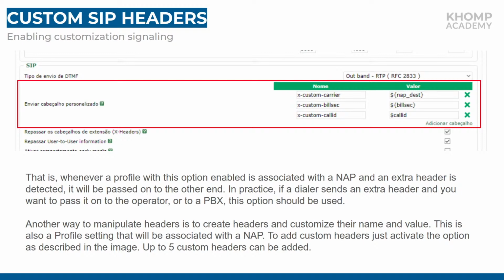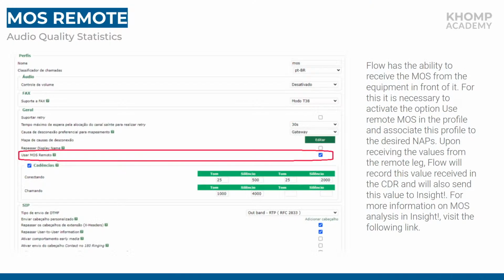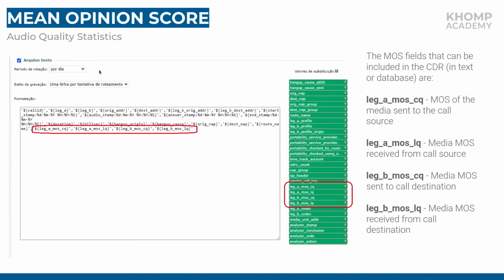He already digited it, and then you are going to send this to all your other SIP elements. So this is a very good way to do that. Okay, and obviously once the MOS is here in your CDR, you can run scripts and you can do whatever you want with pre-routing functions, with post-routing functions, with post-call functions,